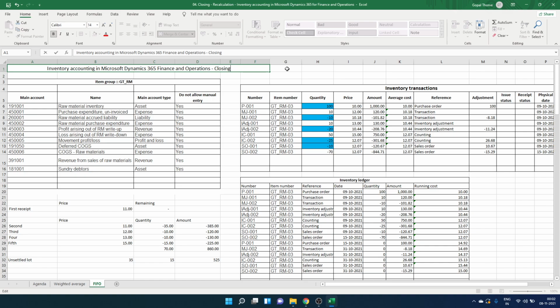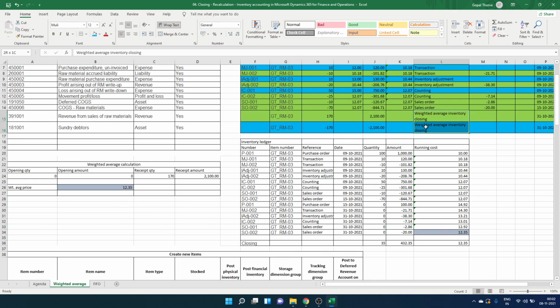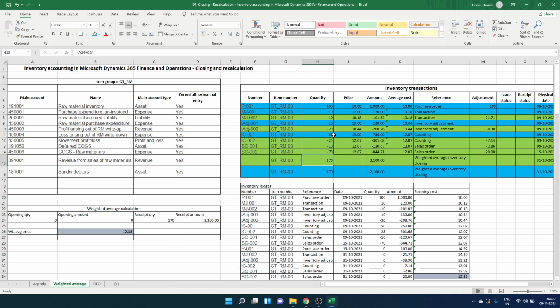Okay, so now once the issue gets resolved, what we will do, we will analyze what transactions are posted during the recalculation. In FIFO, unlike weighted average, there are no virtual transactions like this. Because in weighted average, the system creates a virtual receipt transaction and a virtual issue transaction, and against the virtual issue transaction, the system settles all the receipt transactions, including opening stock and receipt transactions during the period, with this.